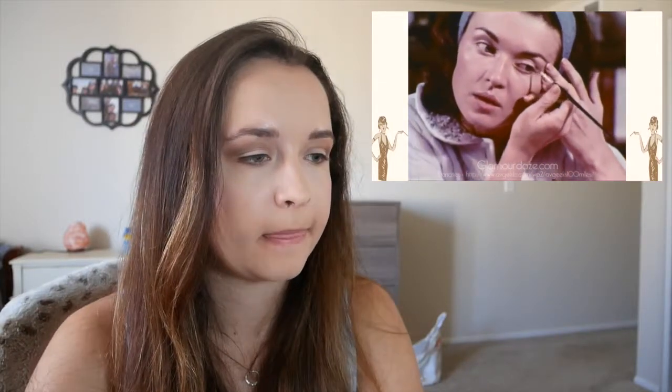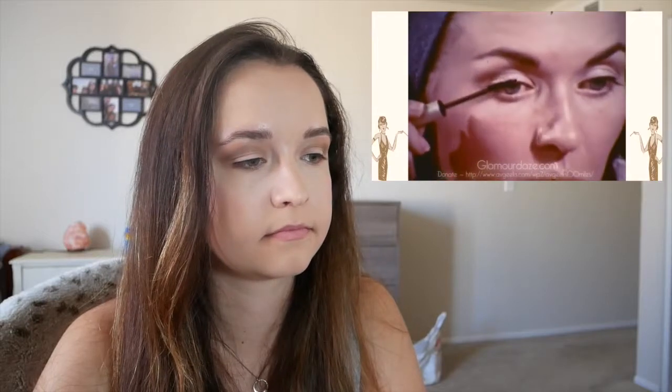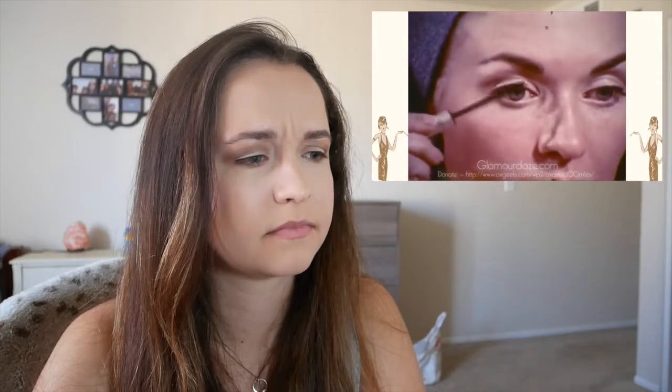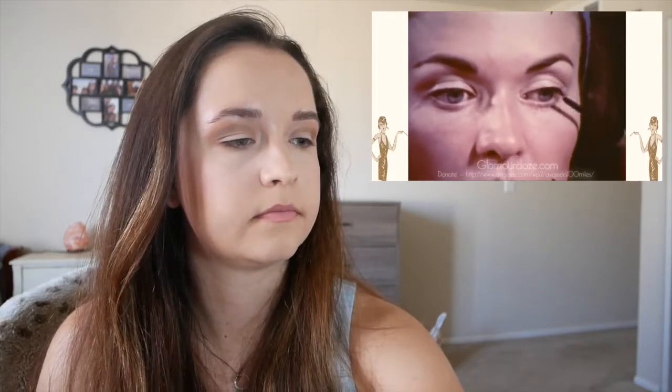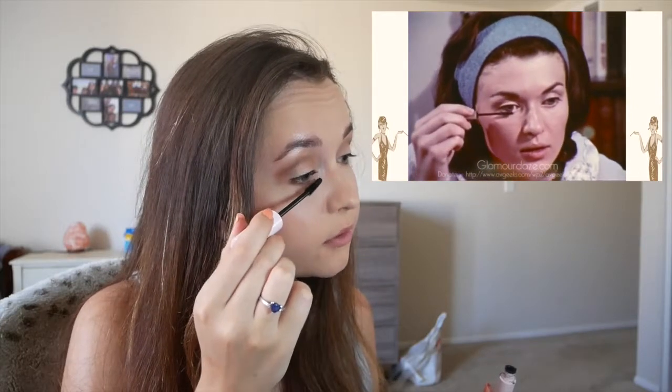A flattering shade for blondes or brunettes, as black adds harshness to the eye. Well, I want that. Mascara makes lashes look longer and fuller. Why is she applying her mascara like that? Incidentally, no amount of eye makeup will help if your eyes are drowsy and lackluster. To be wide-eyed and alert, a full measure of sleep is necessary. Well, I definitely don't get that, so...